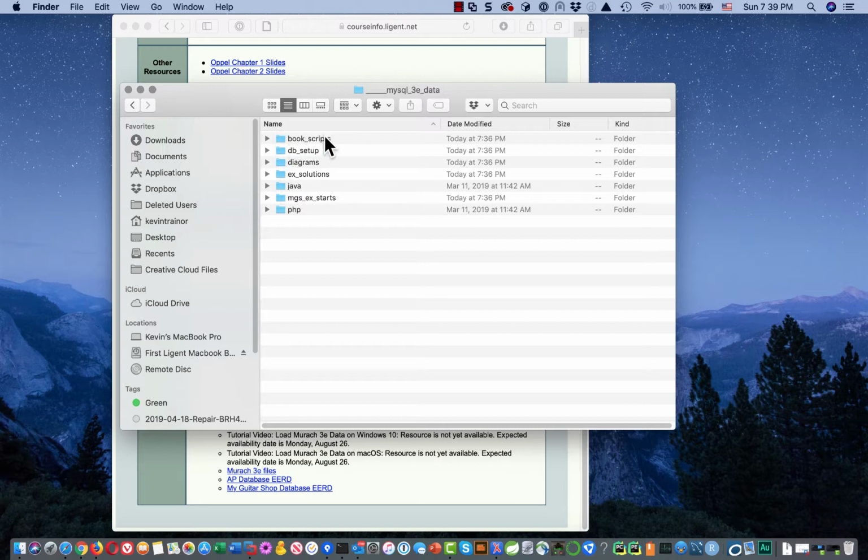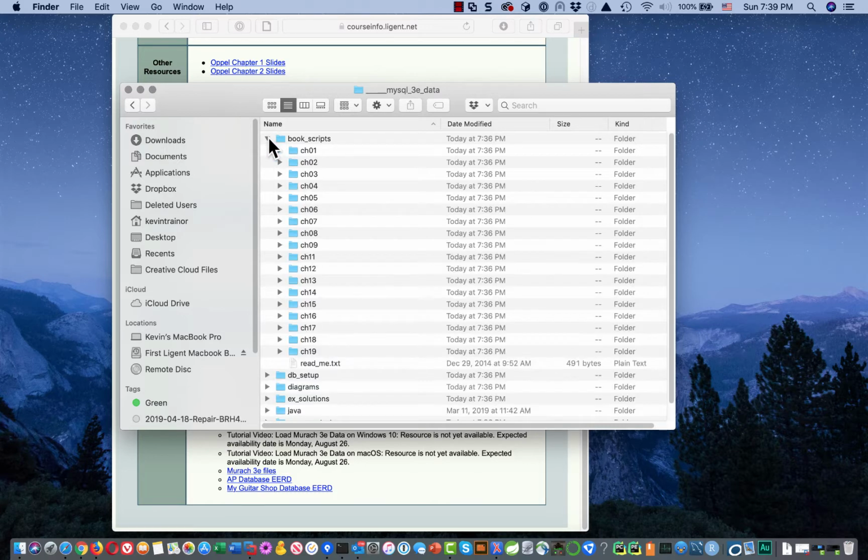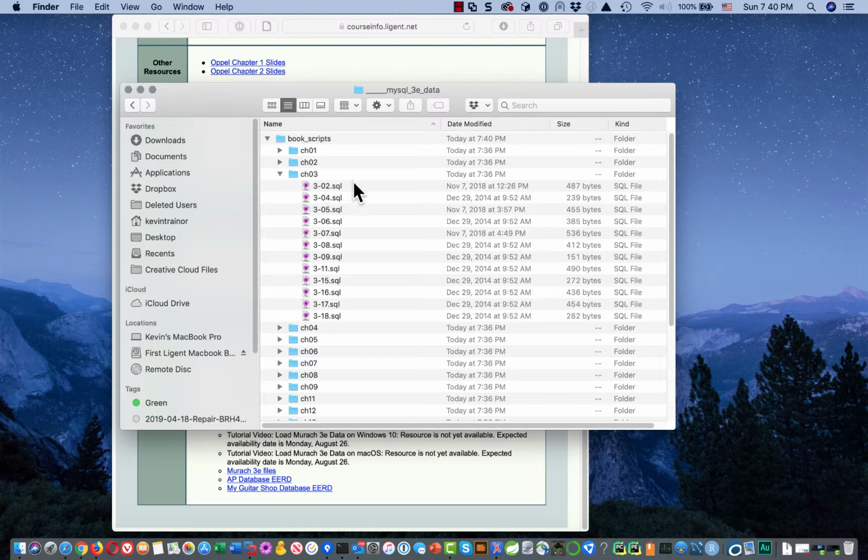Okay, so book scripts. Let's just expand it. In book scripts, we have the scripts that are used in each of the chapters. So if you're reading through the chapter and you see a script that the author has provided, and you say to yourself, gee, I'd like to be able to run that. For instance, chapter 3 is the first chapter in which we begin to learn how to code things like